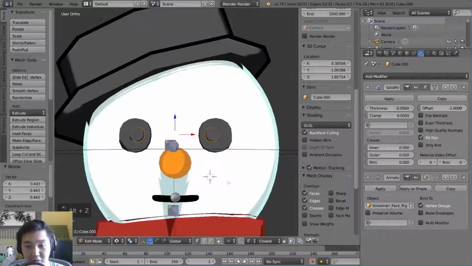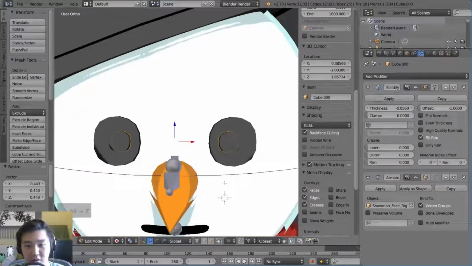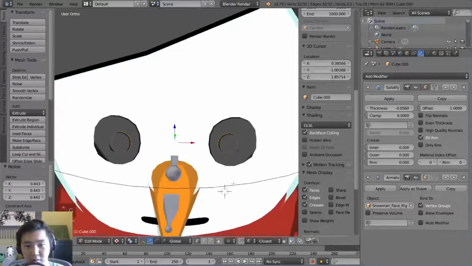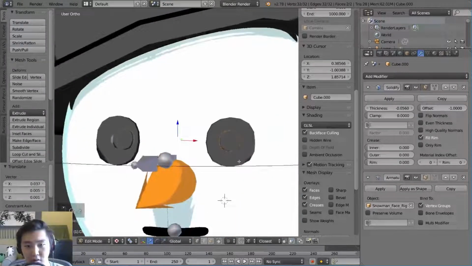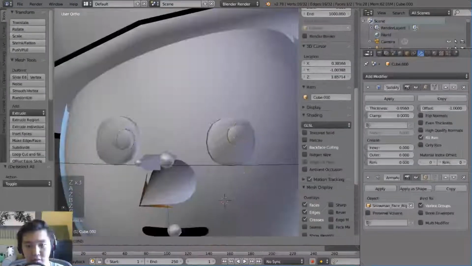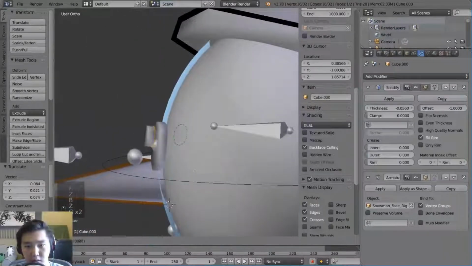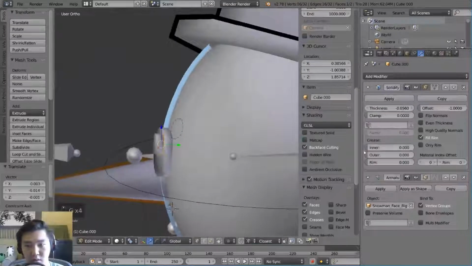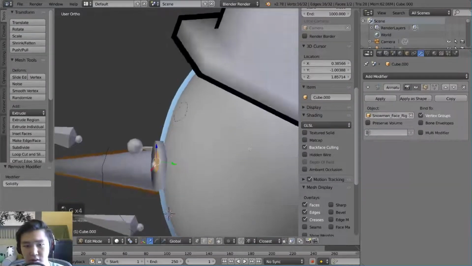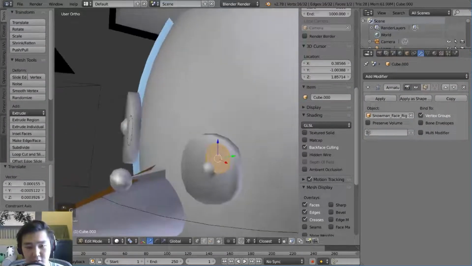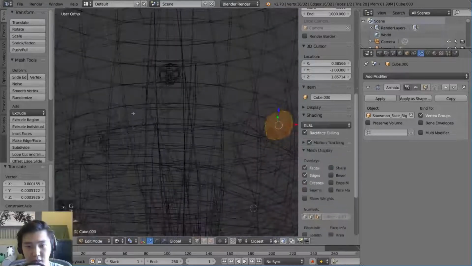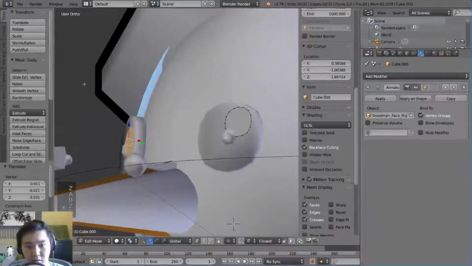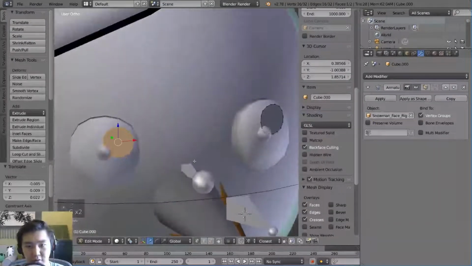Now, he still looks a little creepy. But what we're going to do is I'm going to go ahead and move him over individually. We're just going to move one piece over here. Yeah, that looks pretty good. And actually, we don't need the solidify modifier. That's a little too thick. So I'm just going to use that one piece as reference there. And then for this one as well, go ahead and put him in the same general spot for the eye.